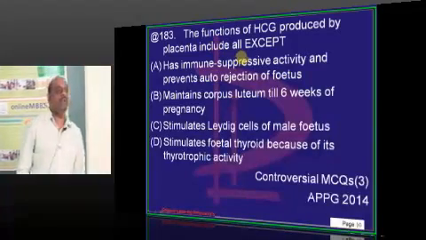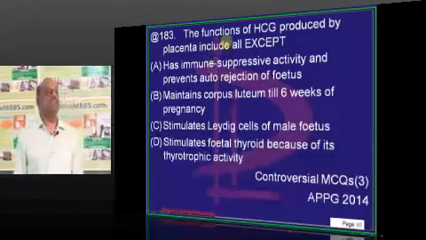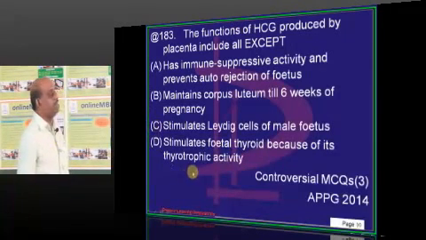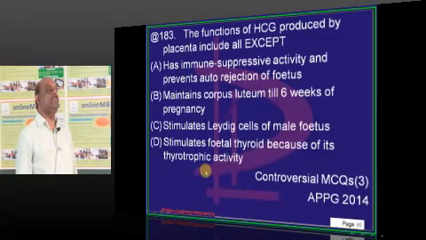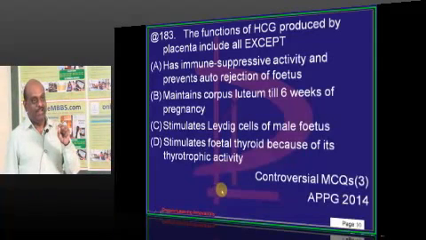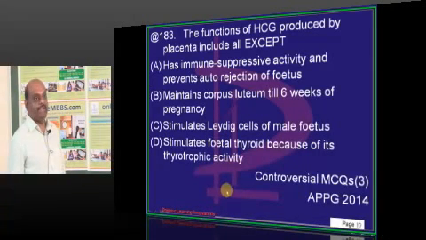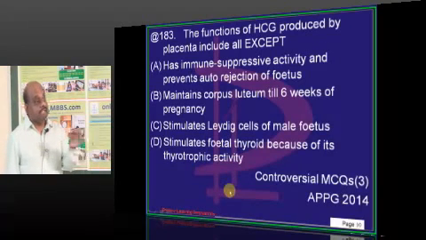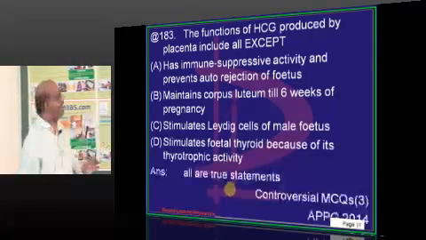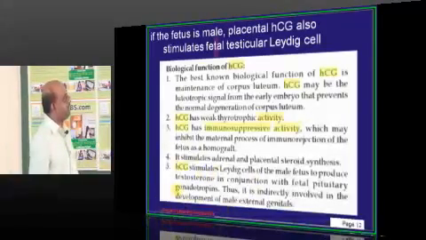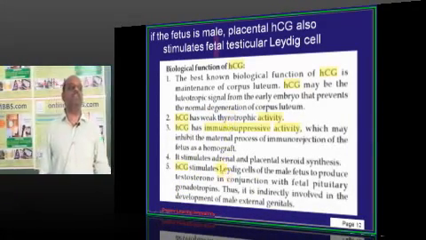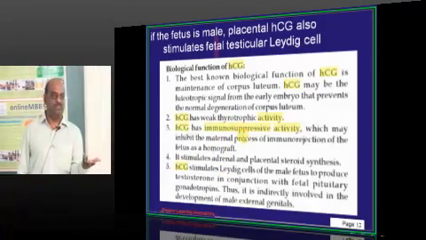Then HCG produced by placenta. What was the answer given by the examiner? C. D the examiner gave. Possible. No. Examiner might have given D. Examiner can be right. Why right? Because it has thyrotropic activity, but a mild thyrotropic activity may not be significant enough to stimulate the fetal thyroid tissue. It has a weak thyrotropic activity which may not be sufficient to stimulate the fetal thyroid tissue. So that way,